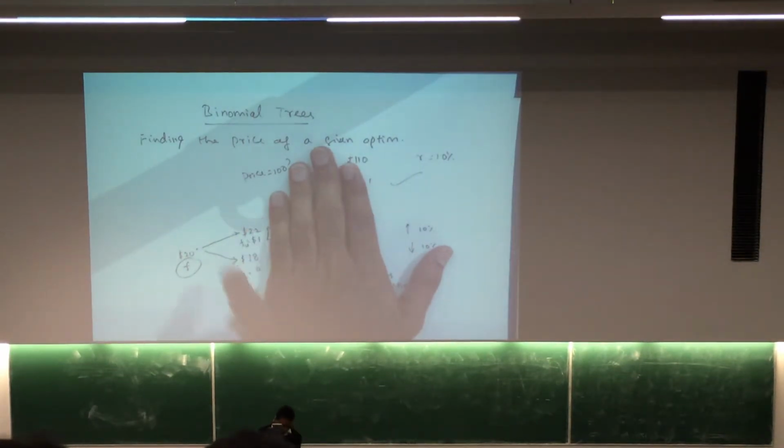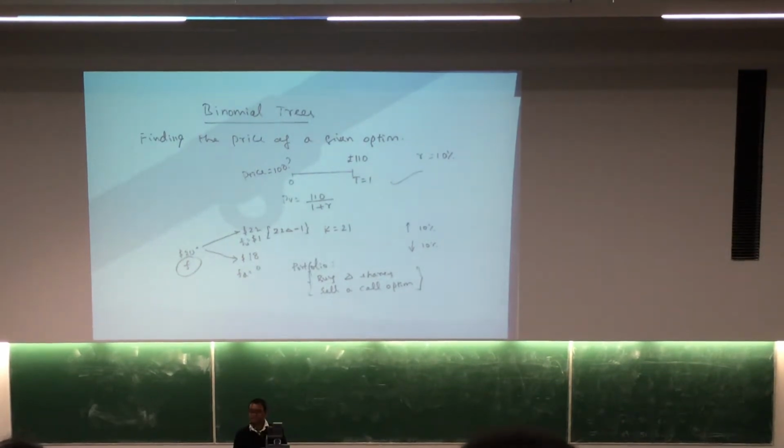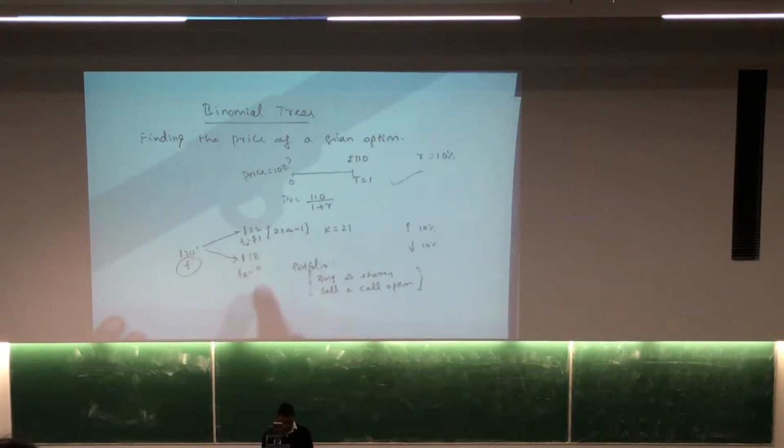Hope you don't have any issues here. When time equals 0, the price of the stock is 20, and it might go up by 10%, to 22, or it might go down by 10%, to 18. If I sell an option, I need to pay $1 in this case. If the situation is 18, I need not pay anything. Do you agree up to that? Is that clear?